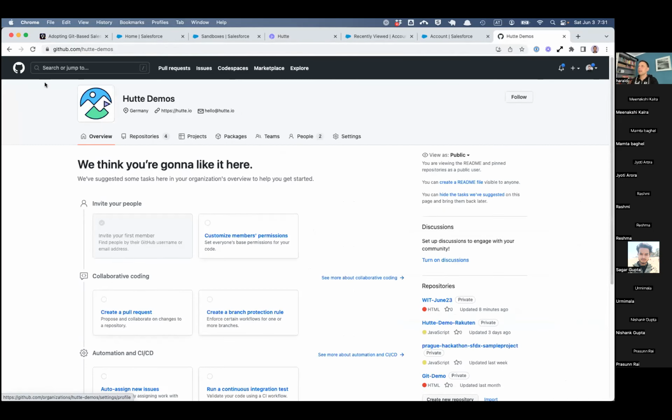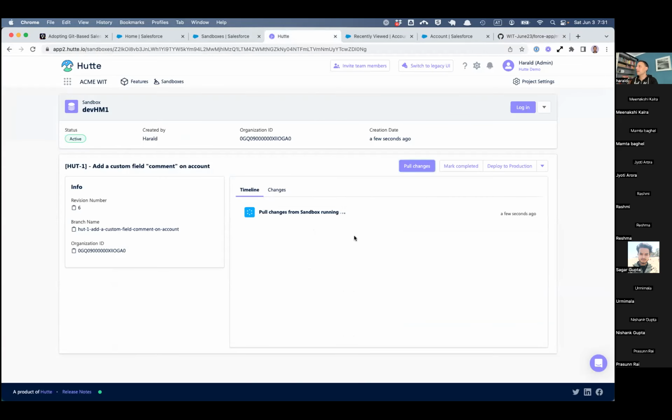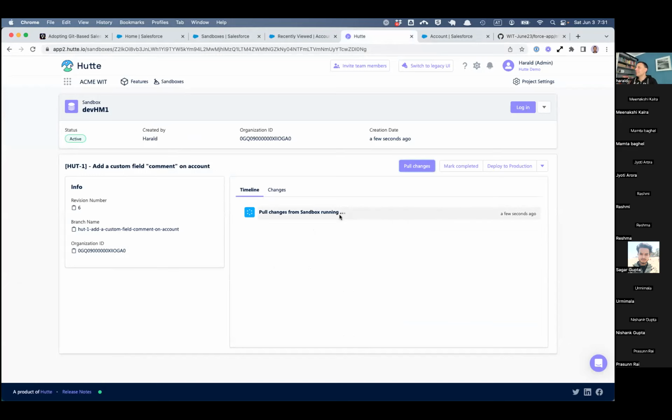So let's now see. We go back here. Okay, the pull is still running, so the time can vary, like with every Salesforce interaction. Sometimes things take a bit longer, but it should be basically a quick interaction to fetch these changes now, since we have just touched upon 2 files. So let's assume this will